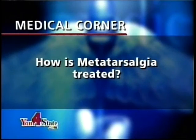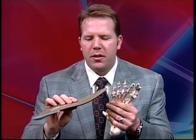Now, you just mentioned treatments. How is metatarsalgia treated? It depends on which structure is actually causing the problem for the patient. Oftentimes, however, an orthotic device can be beneficial for the patient. This is a custom-made orthotic device which is designed to take the pressure off the forefoot or the area that's causing pain for the patient. For example,